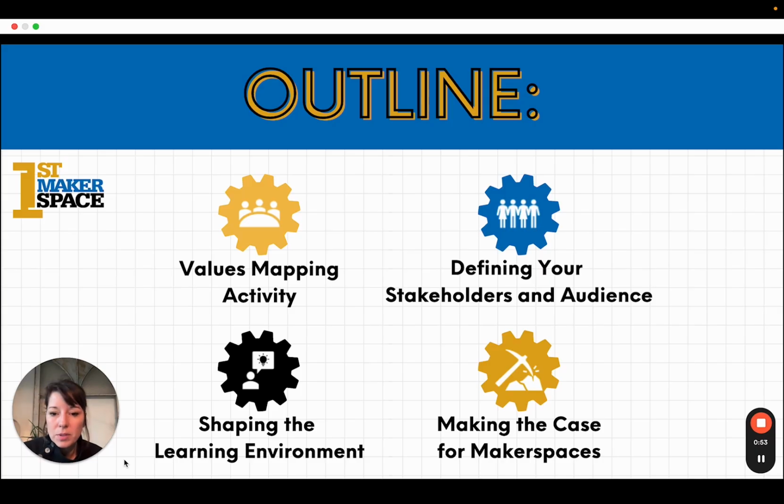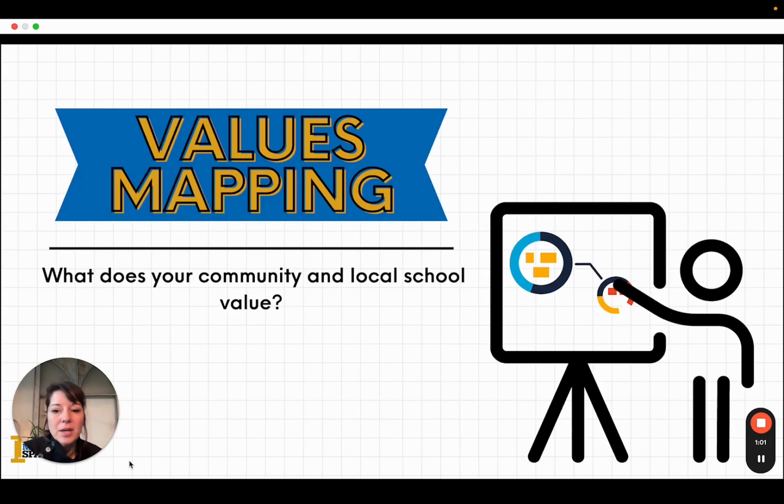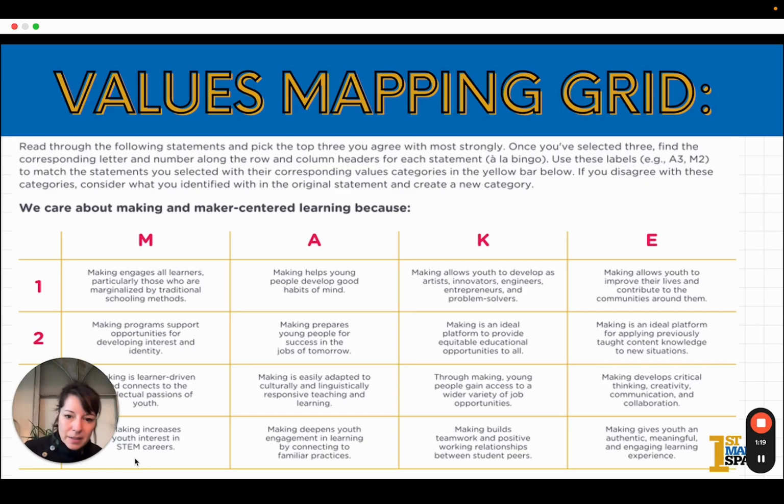We're going to walk through this today as if we were doing it together and you are all part of my STEM committee. So let's start with this first question. I want you to think about what your community and local school values. If you can narrow this down to 3 to 5 words, that would be a good way to begin the process of creating a mission and vision for your makerspace. Once that's done, I would write that down, store it away somewhere, and then move on to the values mapping